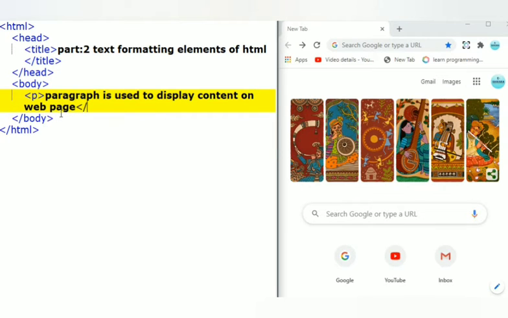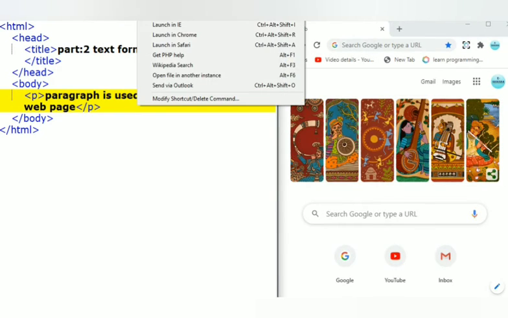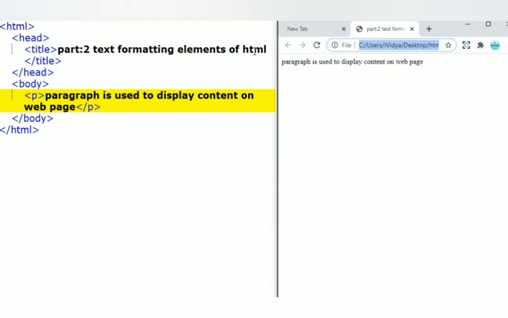Okay, this is my content of the paragraph tag. Next, you need to save the program, Control S, and here we are going to run it under Chrome browser. Here, my content is displaying.